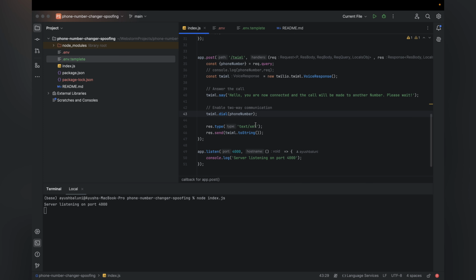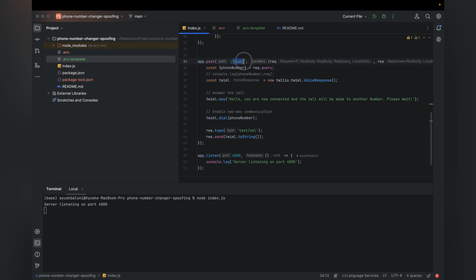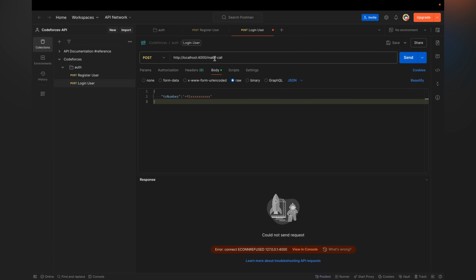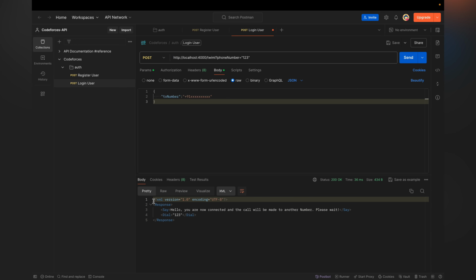Now what I will do is post this part. In my Postman, I want to post not this, I want to post this part, and I will also give it a phone number because the phone number parameter is required, and it is 123. So send. See, what it has given me is an XML, which is basically the